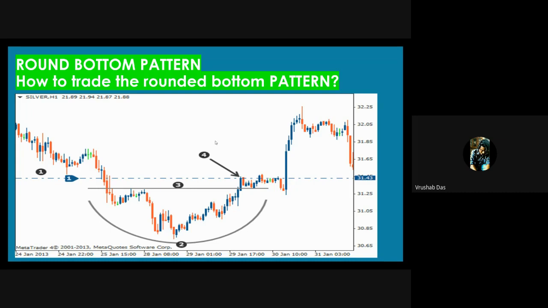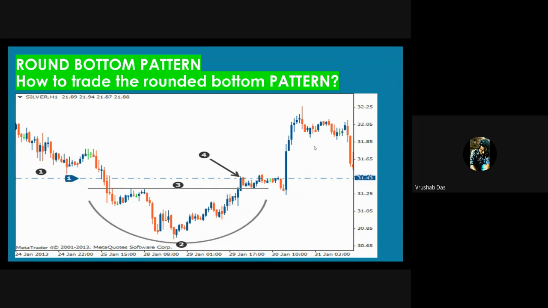The stop loss is placed below the neckline of the pattern, and if the price trades below this point, the probability of the pattern working out decreases. For example, if there is a bearish candle, or the price doesn't even cross the neckline, the probability of crossing the neckline decreases, and you can't get the profit levels on that.